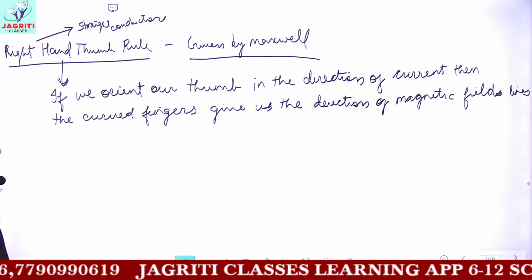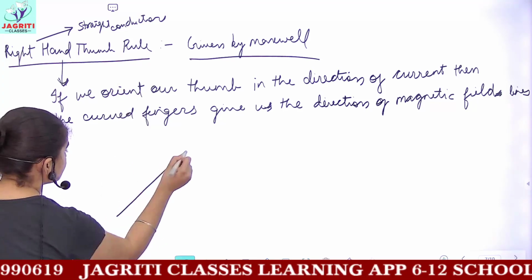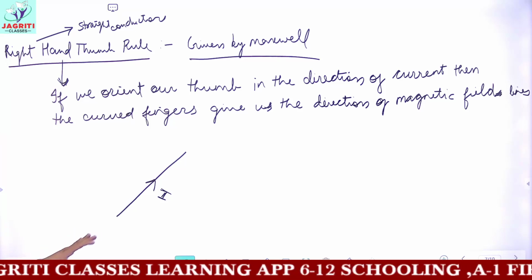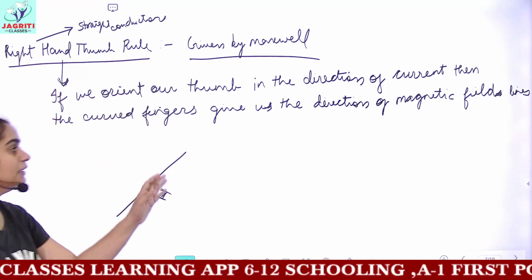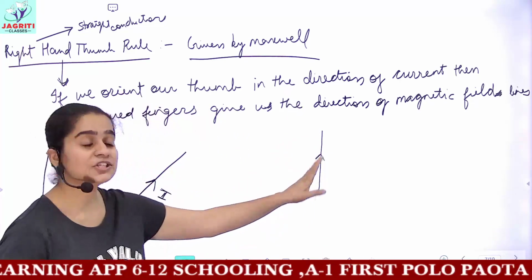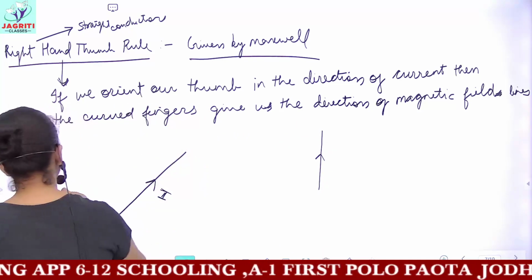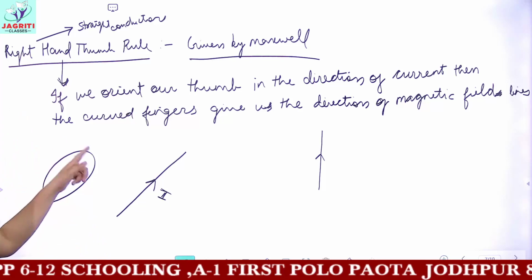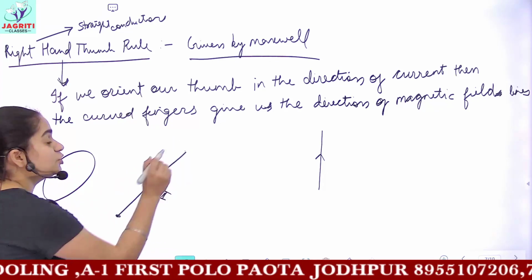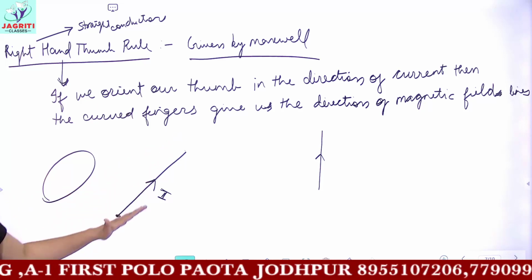Remember, straight conductors means you can be given that there is a conductor, a current is flowing. So yes, this is also a straight conductor. I do not mean that the conductor should be like this to be straight. Straight means it should not be in a circular path. This should not be the conductor. Its starting and ending point should be different, and it should be considered as a straight conductor.